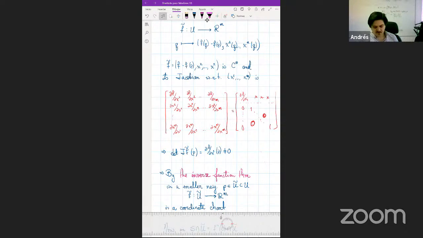Now, one must check that this is compatible with the other charts, which is no problem because these are already compatible and F is C infinity. So that's going to also belong to the atlas of M. And